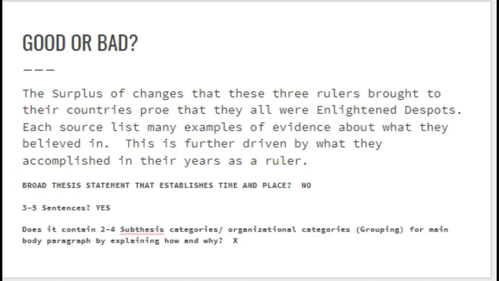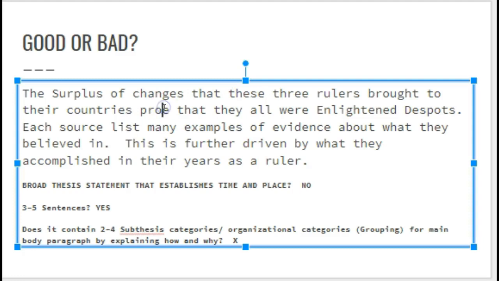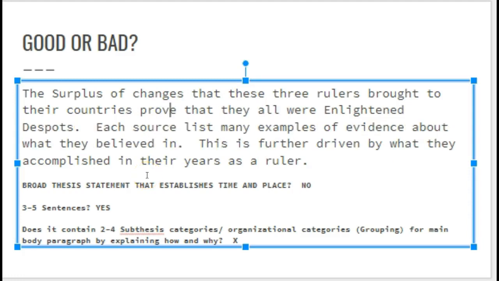definitive thesis. Let's take a look at the preview of organized categories. Look, we're supposed to go through this. Does it have a broad thesis that establishes time and place? I don't see one. It just kind of goes into that there were a bunch of changes and rulers brought to their countries to, here's the typo again, I apologize, prove that they were all enlightened despots. Doesn't mention Europe, doesn't mention Austria, doesn't mention Russia, none of that. So I would give them a 0 or a no for does it establish time and place in the broad